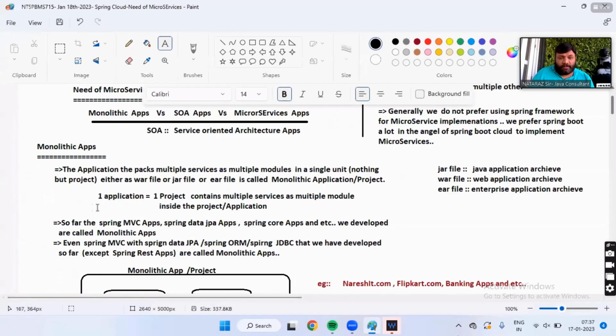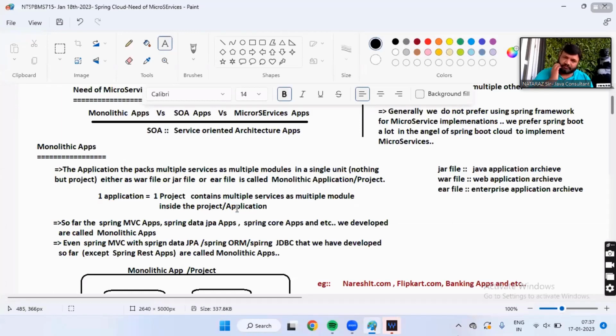Listen, one application is equal to one project, which contains multiple services as multiple modules inside the project or application.